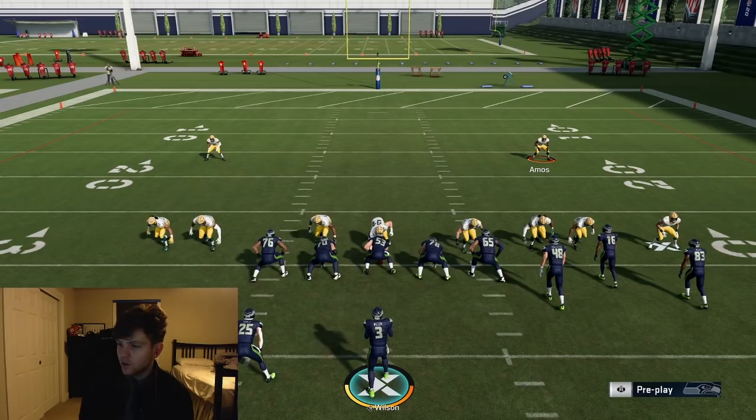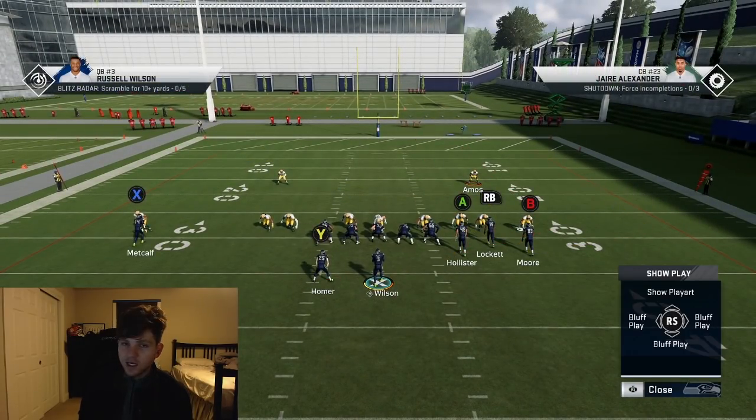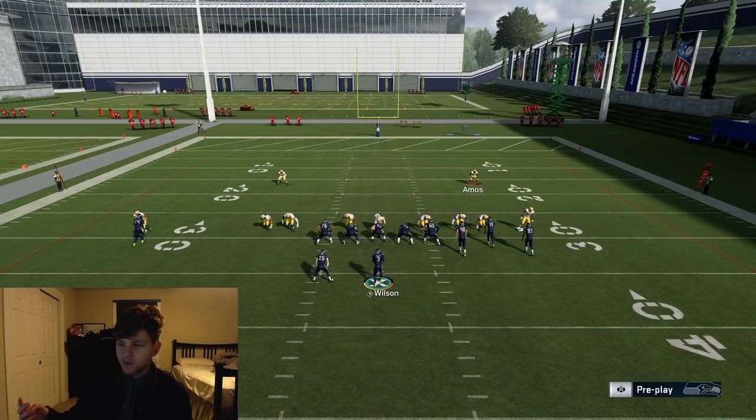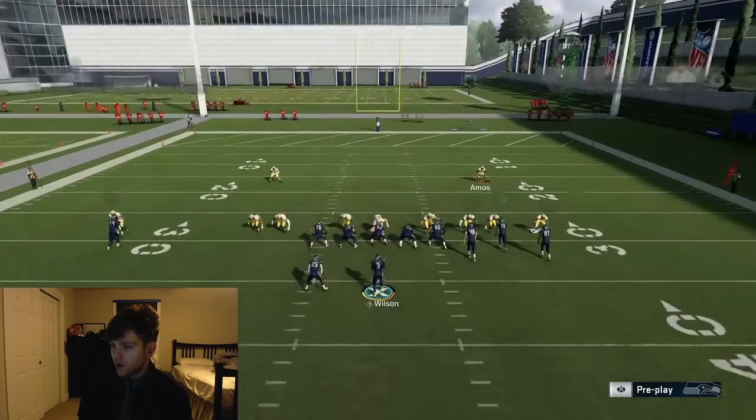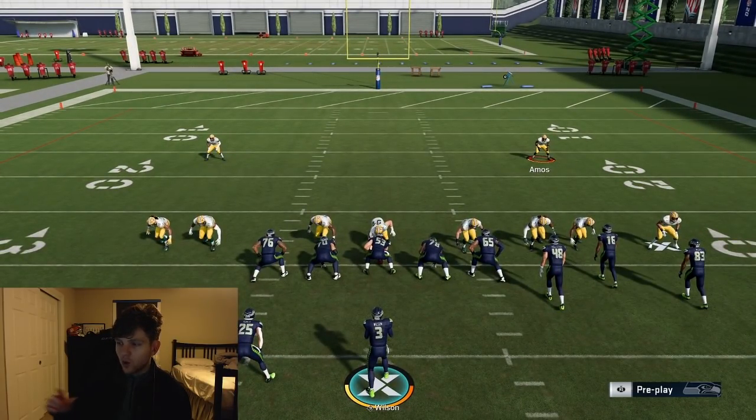What I'm going to go ahead and do is, again, use this delay fade technique. That way we have our 3 routes, and then we have 4 potentially if we wanted to release him later in the play. So we're going to go ahead, put Hollister on that delay fade, and then what we're going to do is we're going to slide towards the tight end side. So we're going to slide right, LB, and then